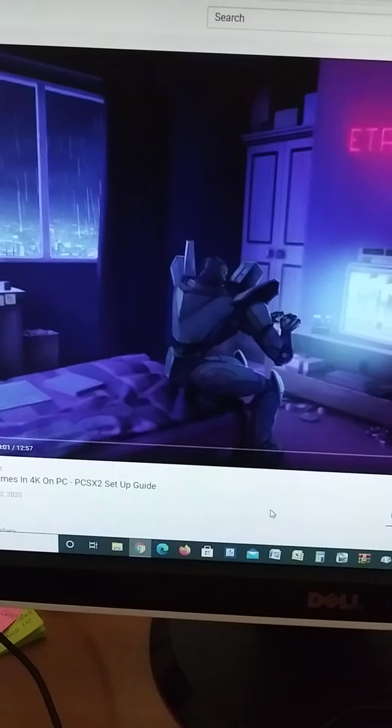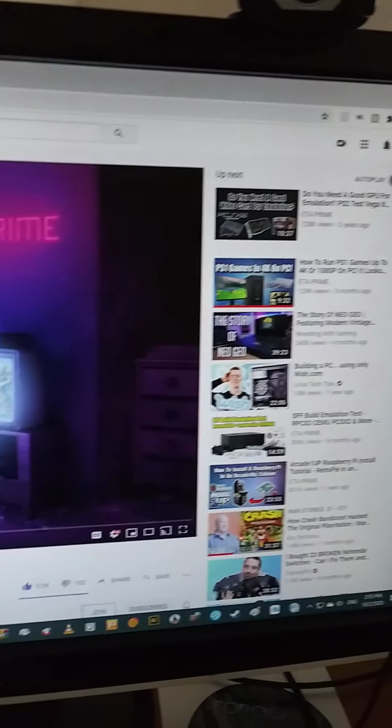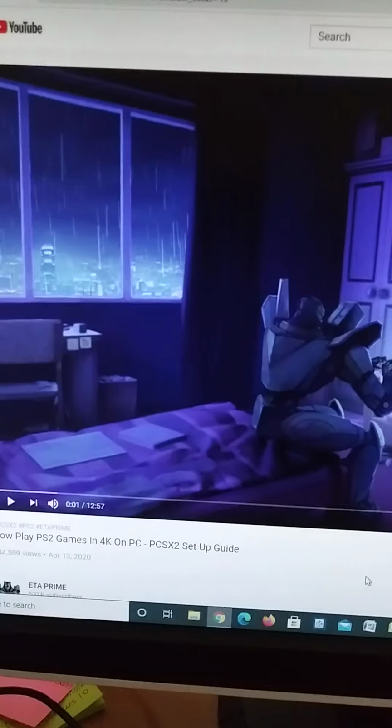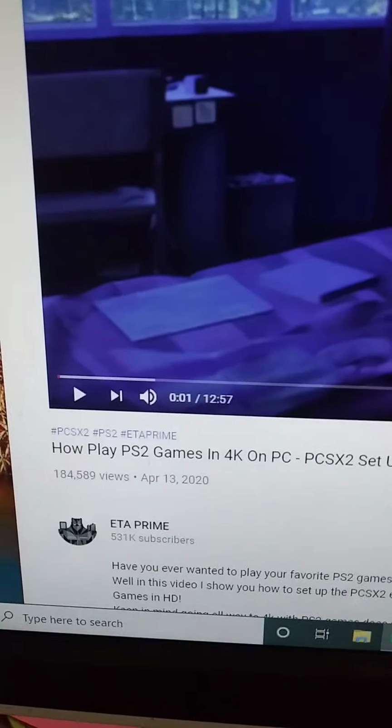So from watching a couple of videos on YouTube, I kind of learned how to play my PS2 games on the computer here. It's an Alienware from 2009. It's got an i7 and 6 gigabytes of RAM. So I'm just going to show you how I get the game started, but I want to recommend